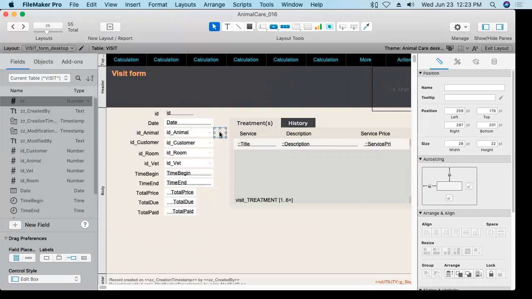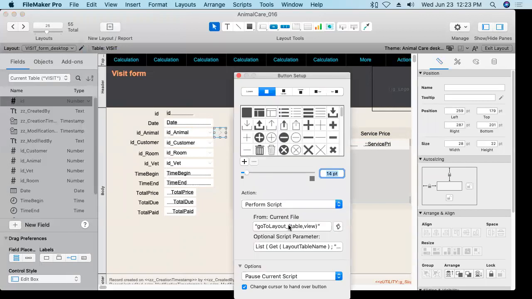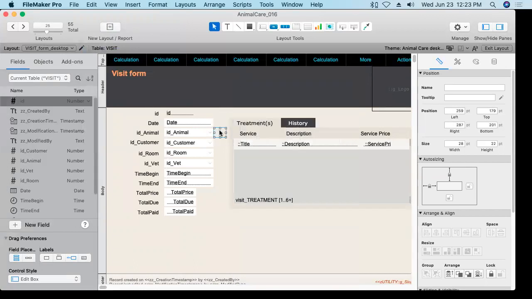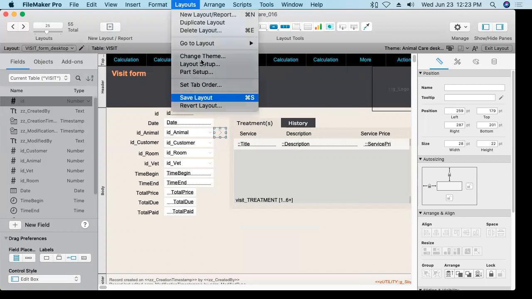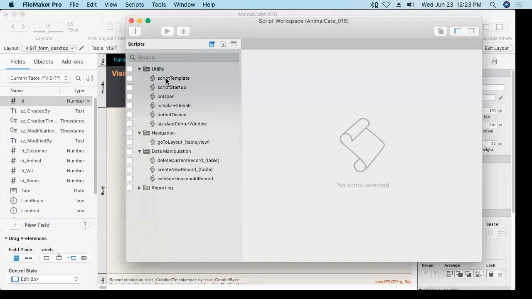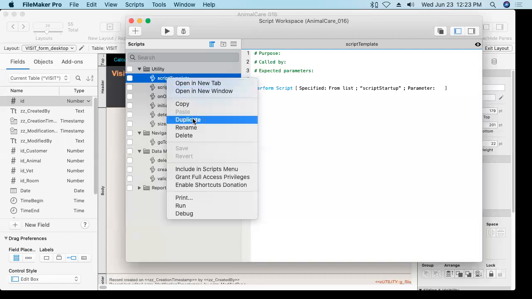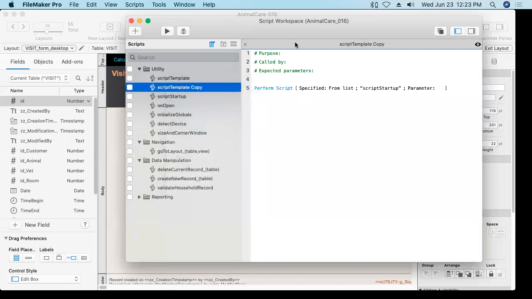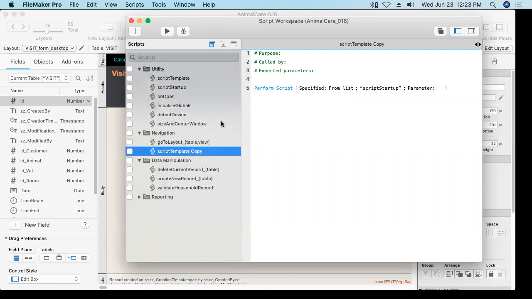As I double click on it, you'll see that it is set to use the go to layout script, but I don't want to use that one, not yet at least, or not directly. I want to write a new script that will handle our navigation between related records. So let's write this new script. I'll make a copy of our script template so that I don't have to type all of this other stuff. And then we'll position this new script where we want it to go in the navigation folder. And let's name this new script go to related